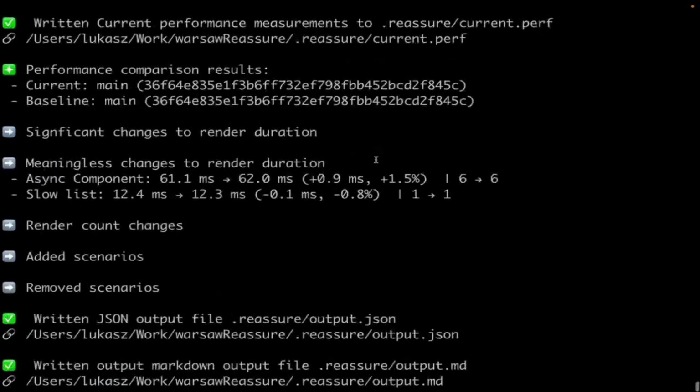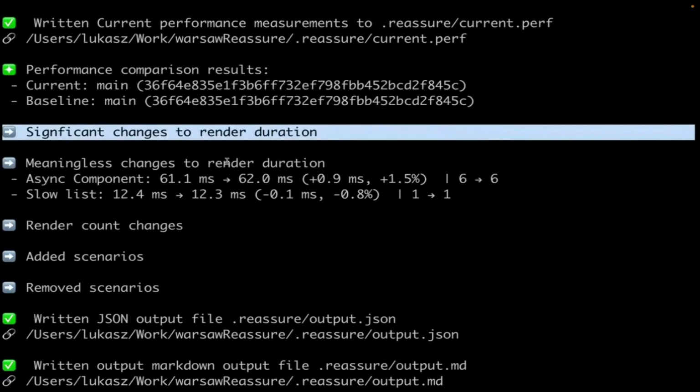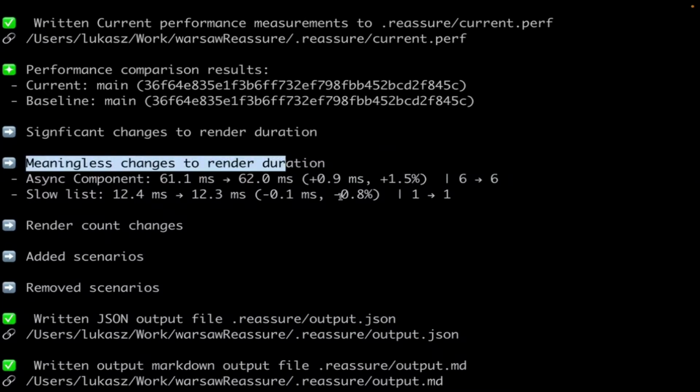So I can see that there are no significant changes to my render duration, but there are some meaningless changes to my render duration. I'm going to talk more about this at the end of this talk, but you cannot expect that your code will run the same, millisecond for millisecond, each time you run it. There are some variables there, so we have to be careful what is meaningless here.